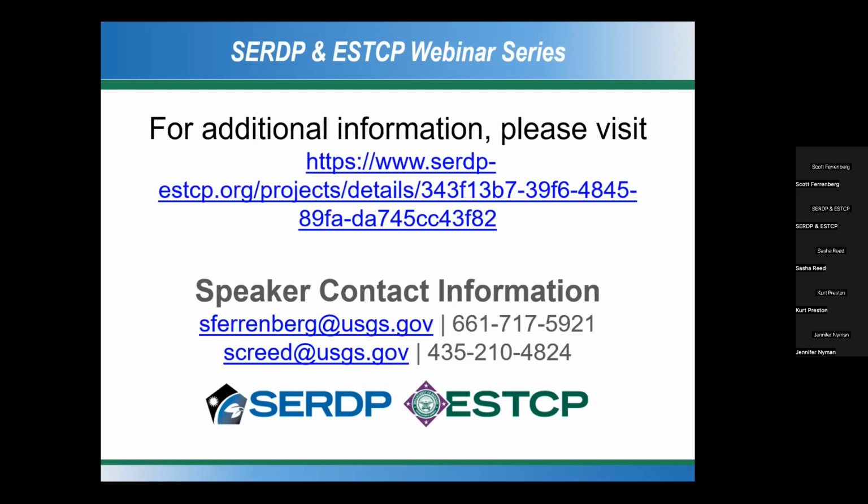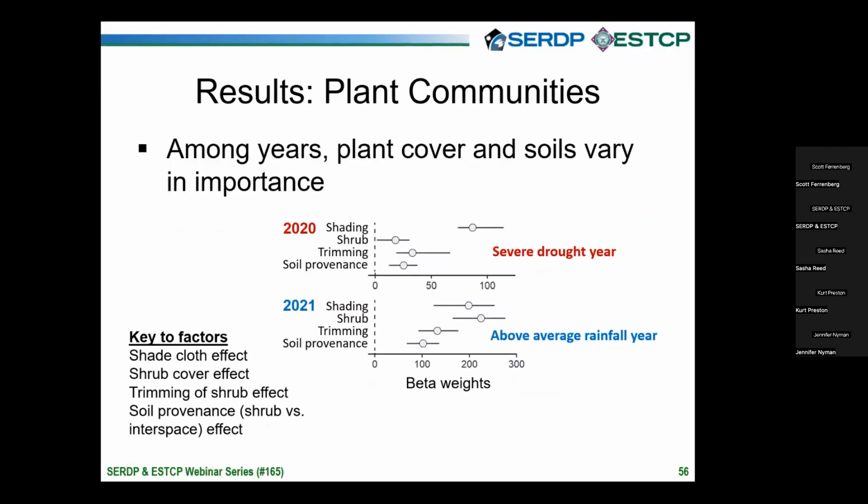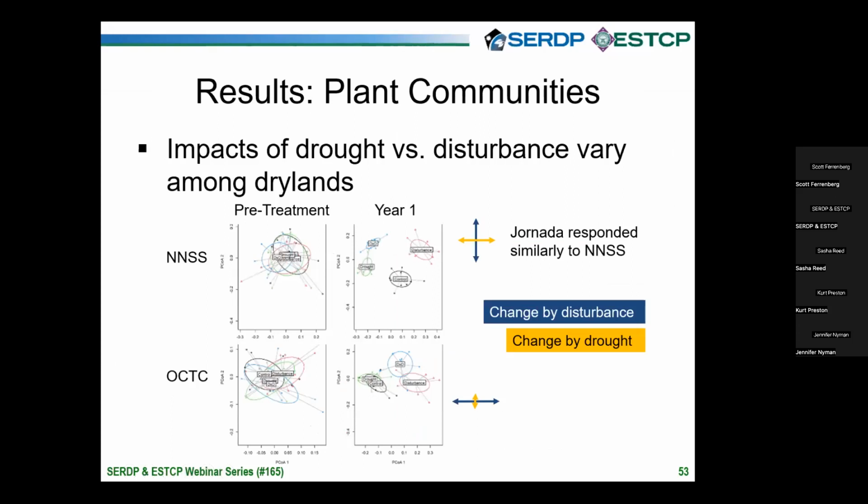You showed multivariate analysis around slide 53 or so. Can you summarize what variables or factors were considered in that and why those metrics were selected? Yeah, so that multivariate data is just plant types and frequency. So it's species data and frequency of those species in this case. And it's collected along transects that are placed across each of those experimental plots. And we've done that every year. So in this case, the species information is a yes, no, is it there? And if it's there, it's a count of how many times it shows up along those transect lines.